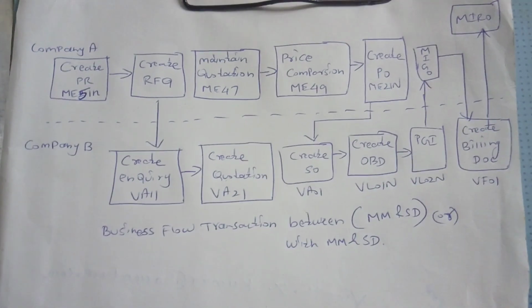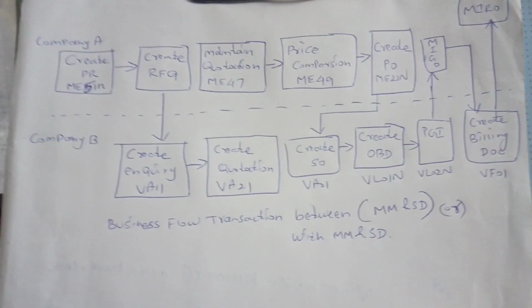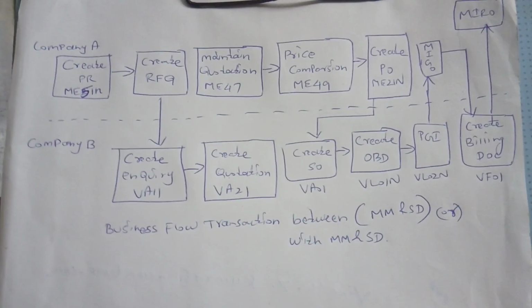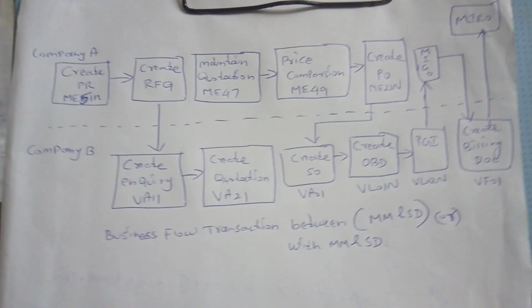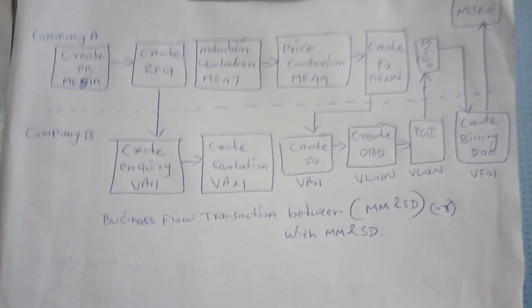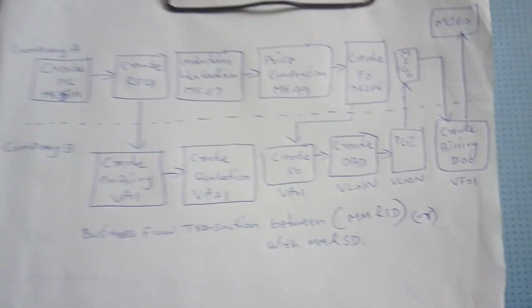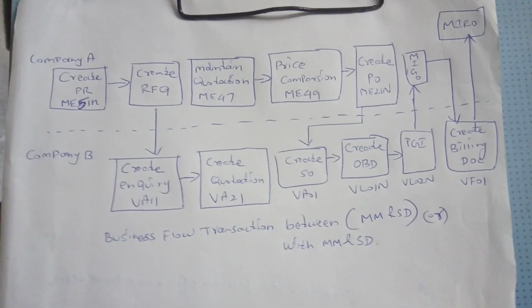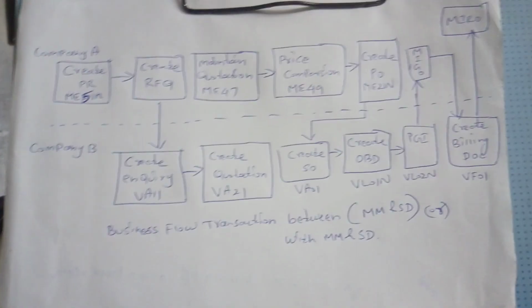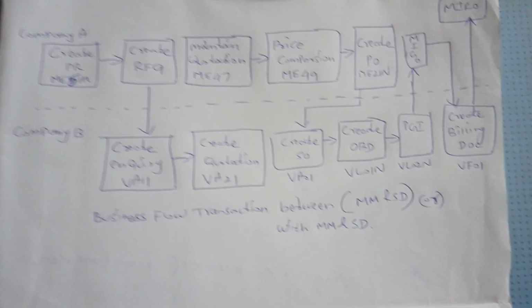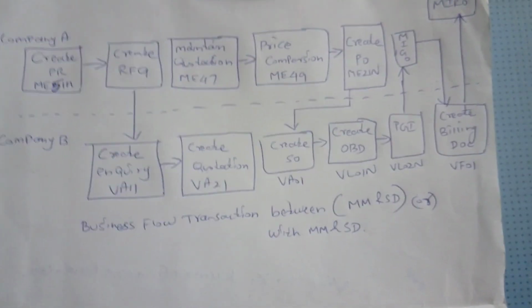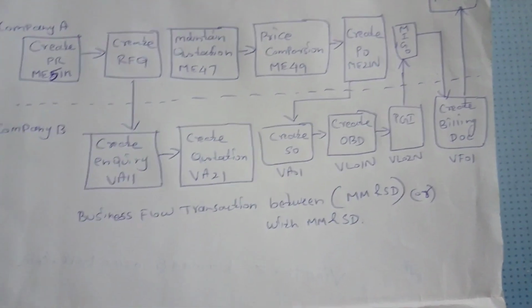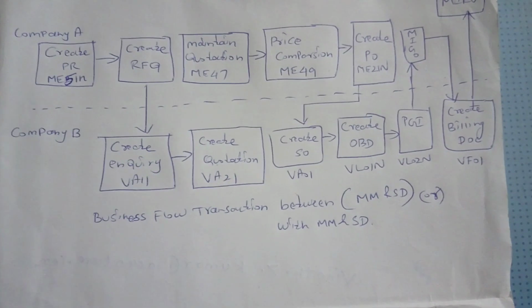The quotation normally refers to the inquiry created before. The quotation document will be created by taking reference of the inquiry document. The inquiry document is created using transaction VA11 in company code B,